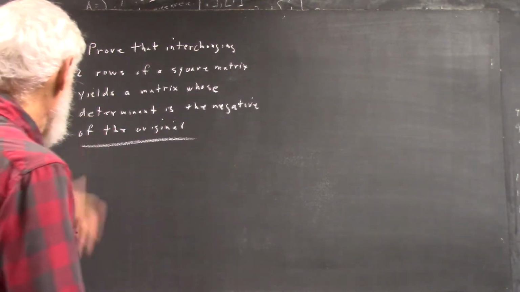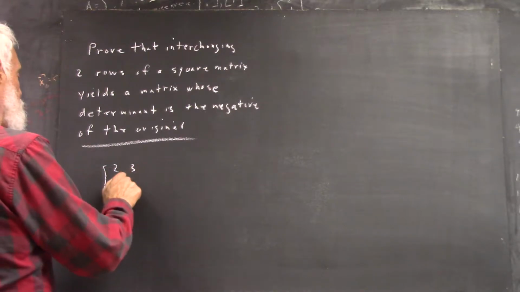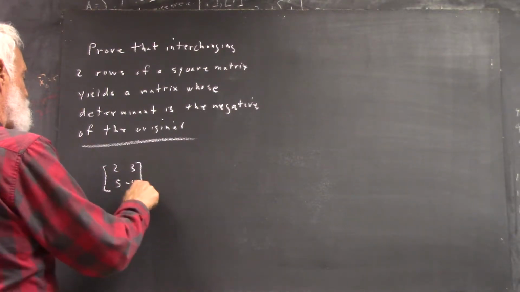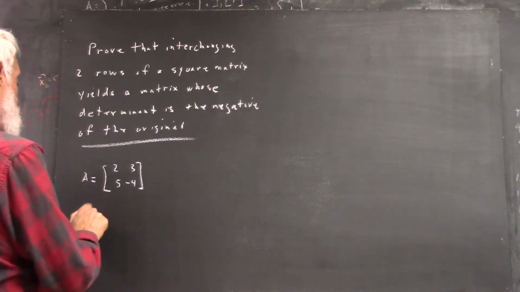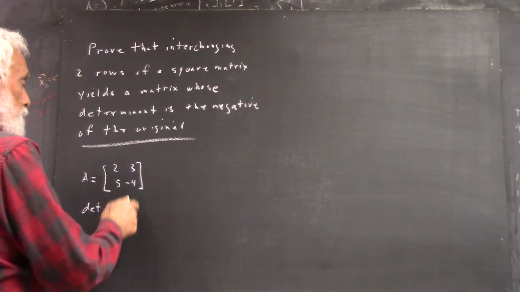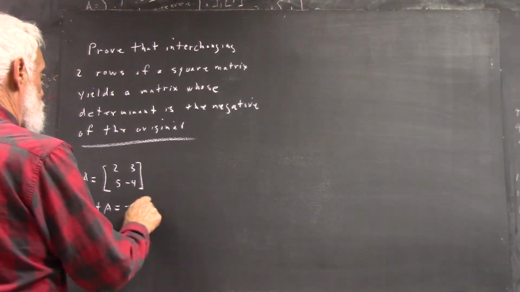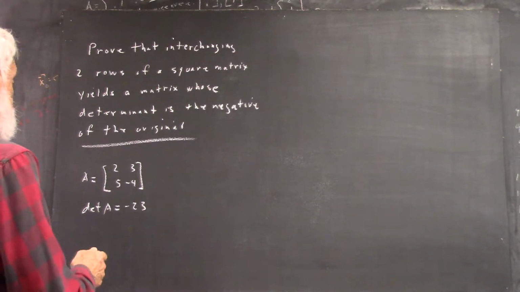Well, I'd start by writing down a matrix. I'd start with an easy one like 2, 3, 5, -4. Okay, so let that be A. Well, the determinant of A is -8 minus 15, which is -23, if I did it right. Okay? Now,